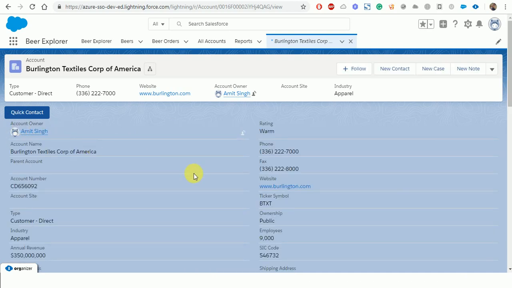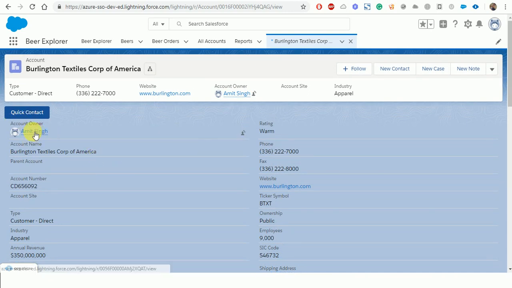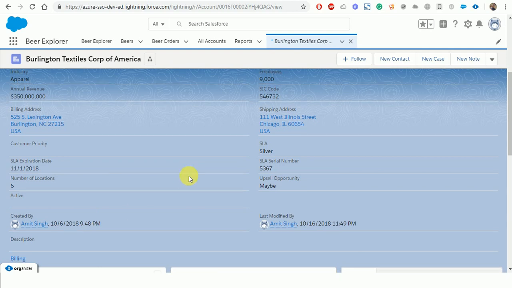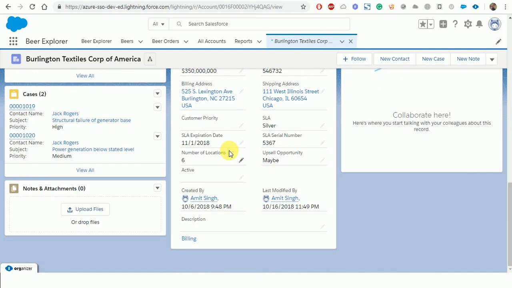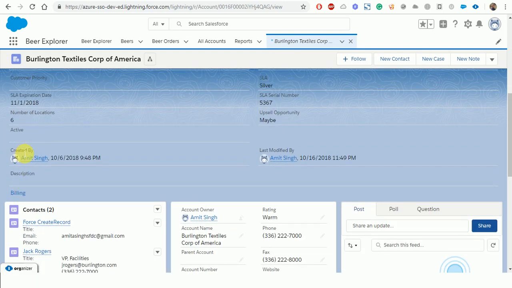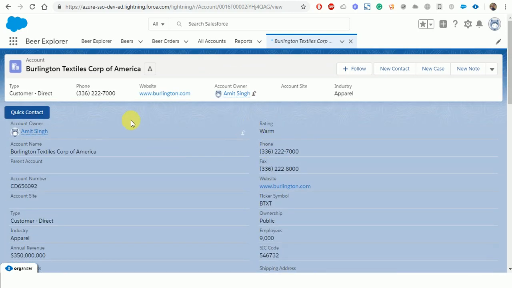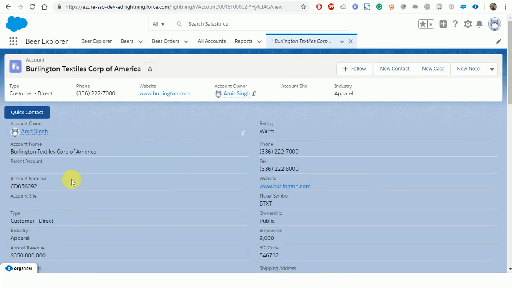You can see that we are able to get the information for a particular account with the exact same layout. As the layout is a two-column layout, the same layout we are getting here, the links, the created by. So if you wanted to display the information of any particular record, we can just use